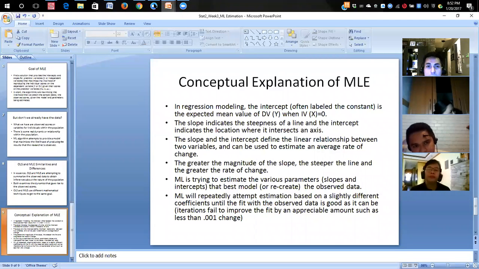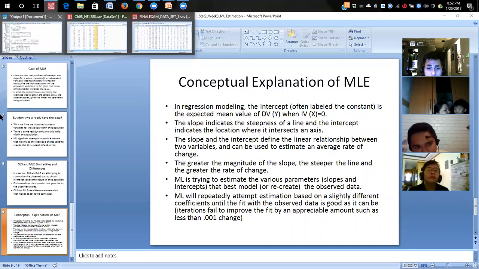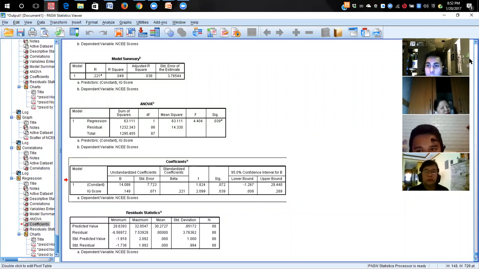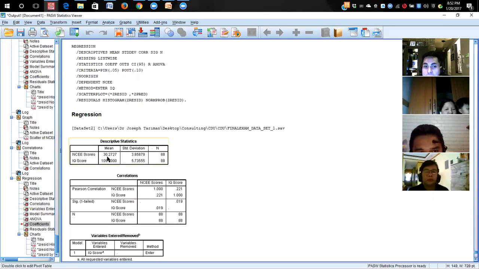So what this means is that if my independent variable, my IQ, is 0, that's the predictive power of the independent variable, I will get an NCEE score of 14. And the mean NCEE score that we got was 30.27. So it tells you that if your IQ is 0, you're only going to get 14 of the